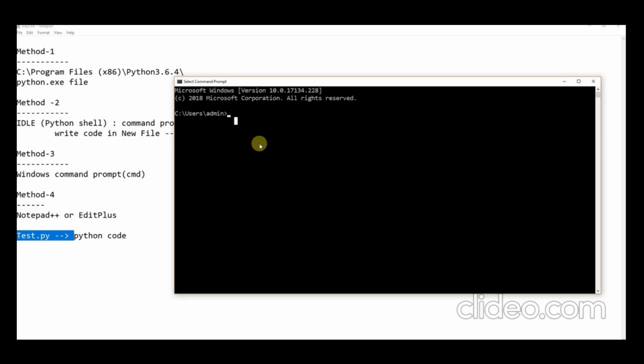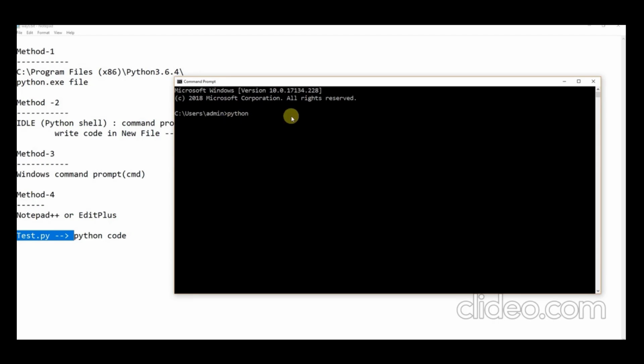What is the file name here, and before that, where is our file? We need to go to that location, or we need to give the complete path of the file. So we need to do one of the two: either change to the directory where the .py file exists, or give the command Python followed by the complete file path. Now let me check where my file is present.